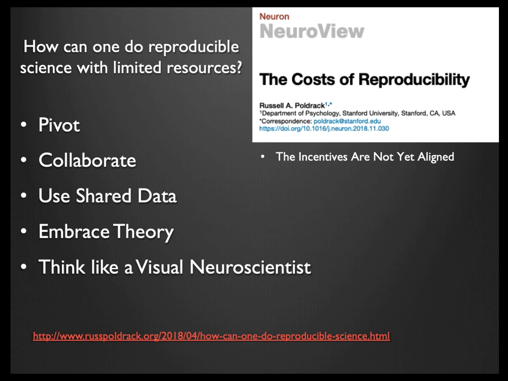And this is, again, I think, Russ Poldrack answering a lot of Dan's points. The incentives are not yet aligned. If you throw your ethics out the window and try to get as many Nature and Science papers as you possibly can, fudge stuff, hide stuff, it's still the case today that you might get ahead. You might even have a better chance of getting ahead. But you might have trouble sleeping at night, right?